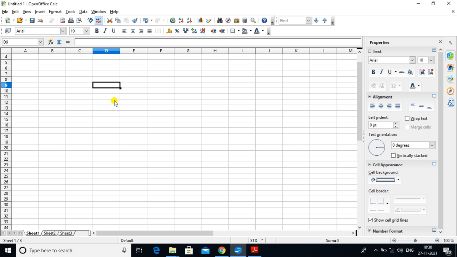When I am placing my cursor here and pressing the down arrow key, your cursor goes one cell down, and when I press the up arrow key, it moves upward, and the right arrow key moves one cell right only. Okay. When you have to go repeatedly, then you have to repeatedly press the right arrow key or left arrow key, up and down arrow key.